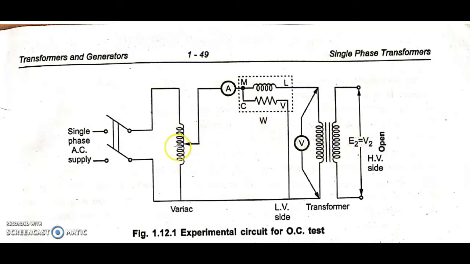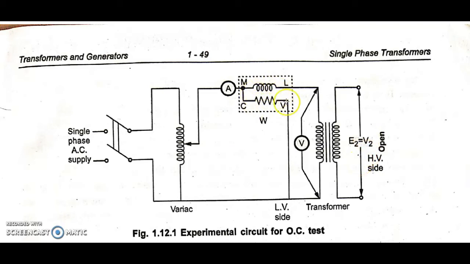Okay, so along with the primary circuit, that is your supply, we are going to connect ammeter, wattmeter as well as voltmeter. Usually we conduct OC test on step up transformer. Step up transformer in the sense that the number of windings in the primary part is less, whereas the number of windings in the secondary part is more. That is N2 is greater than N1. That is called step up transformer. But here they have shown it like this, but make sure to show less windings in the primary and more windings in the secondary.